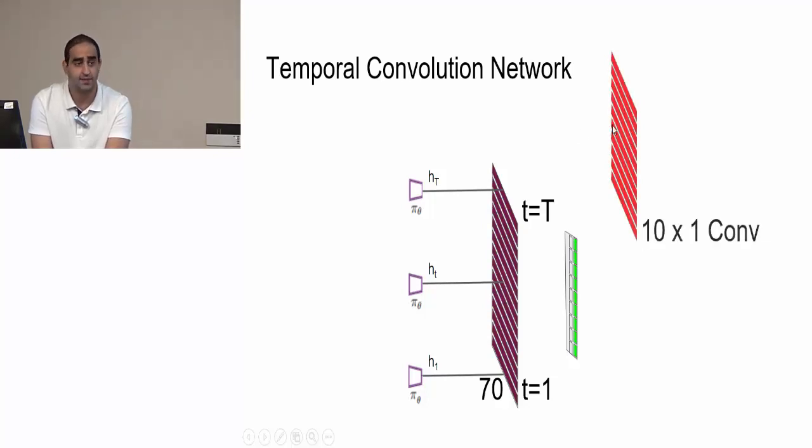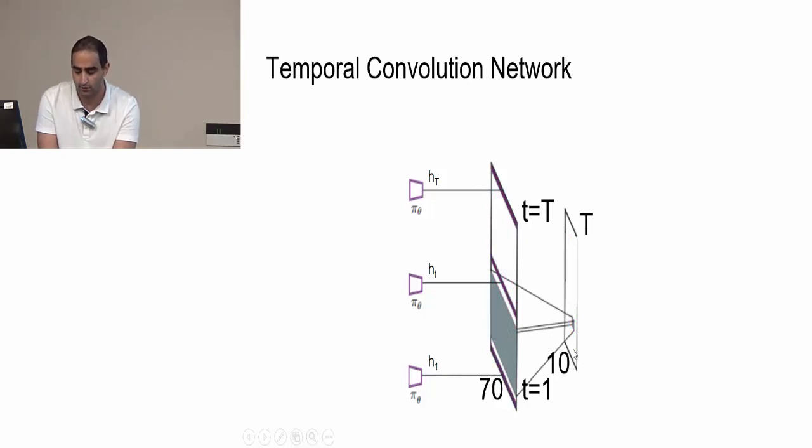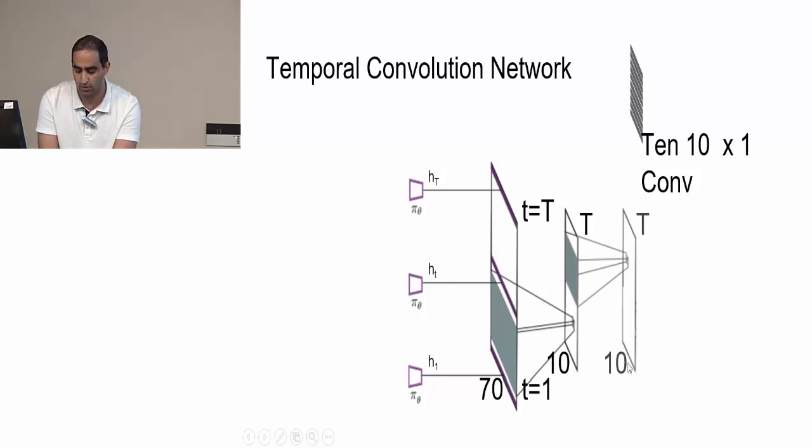Then we use another mask and again do the same thing, multiply them and sum them, and it gives us corresponding elements. So the length of the next layer is equal to the number of masks in the convolution, and we use 10 convolutional masks. So this one is 10, and because we use the same padding, the height is still capital T. Then we again apply 10 by 1 convolutions on this layer. Because we apply 10 masks, the next layer also has length 10, and the time steps are again capital T because of the same padding.